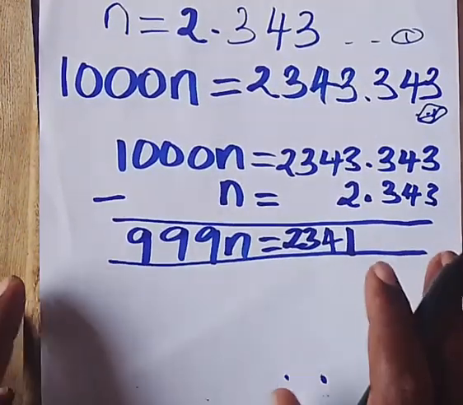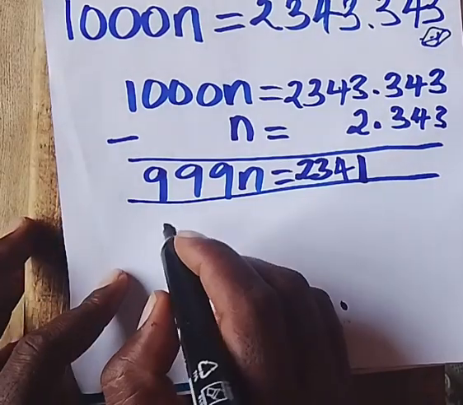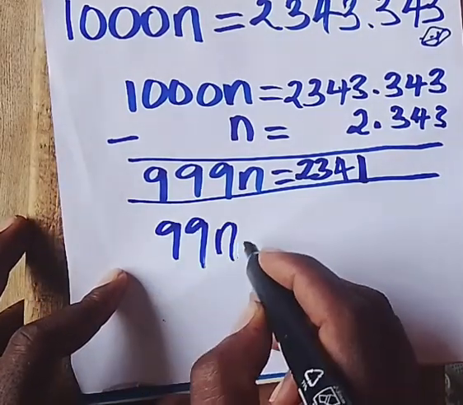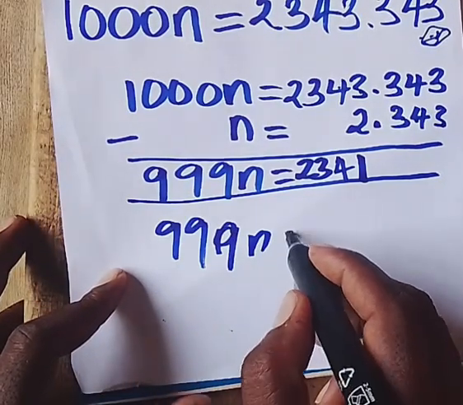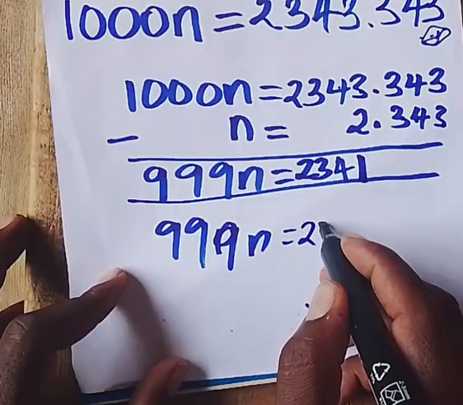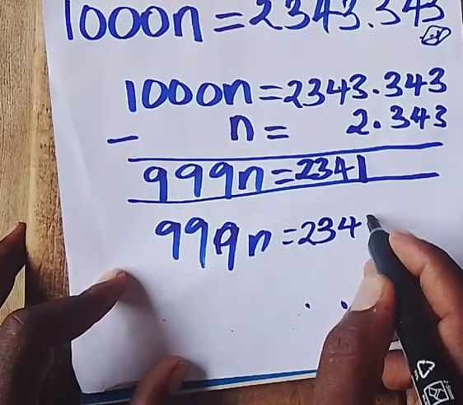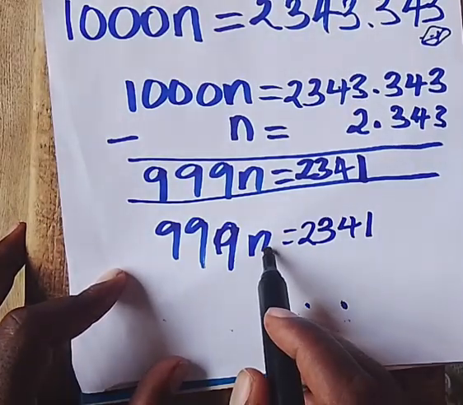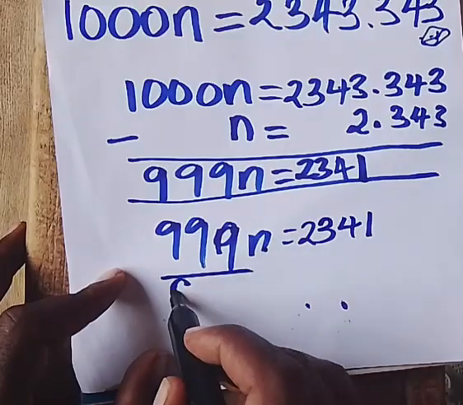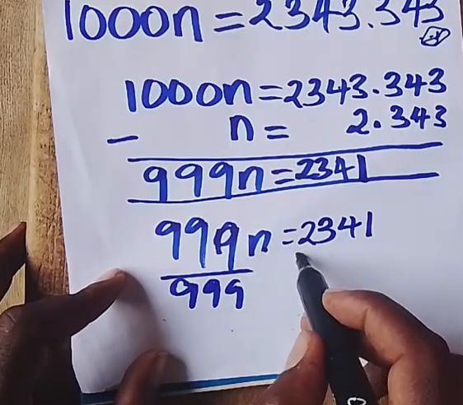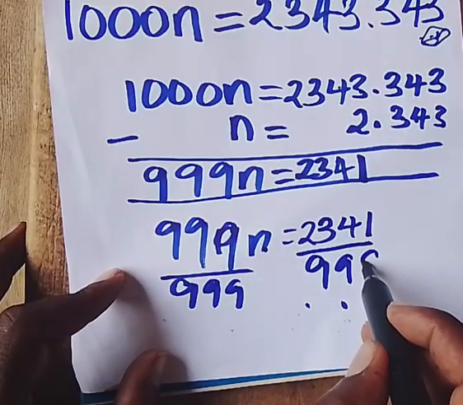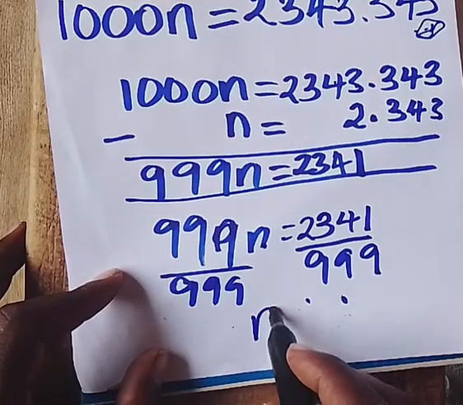So now we have 999 n is equal to 2341. We need to remain with n here, so you divide by 999, divide by 999. So n